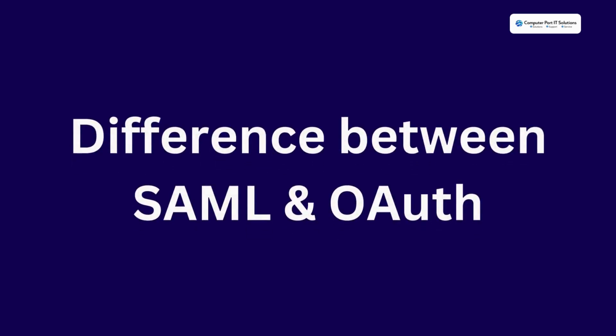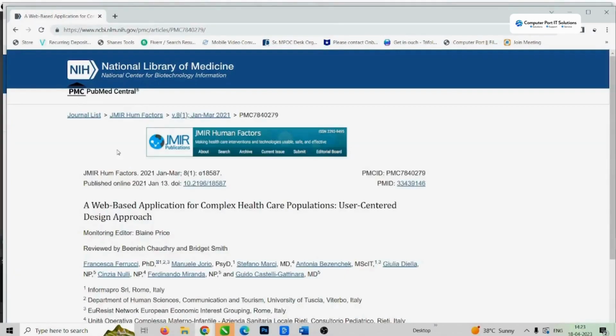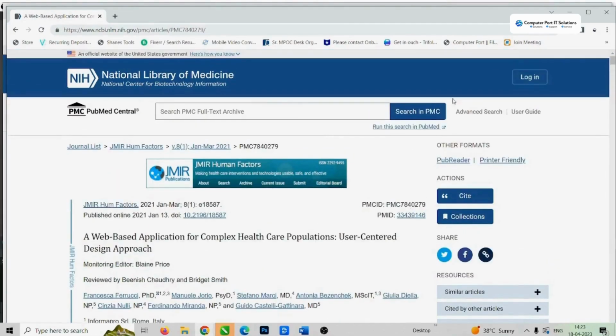Difference between SAML and OAuth. Example: